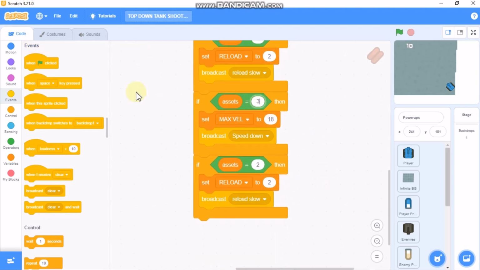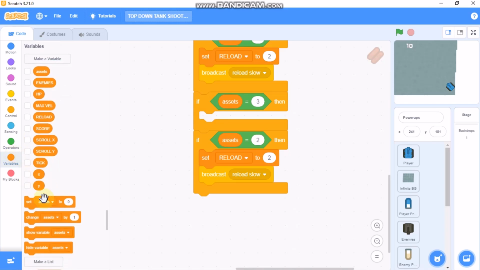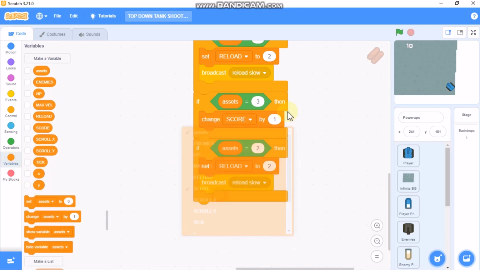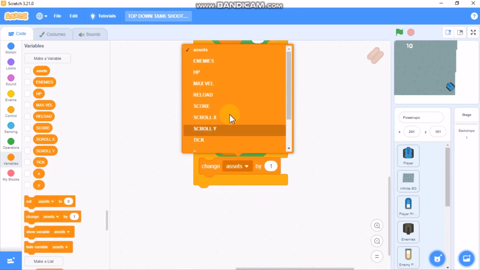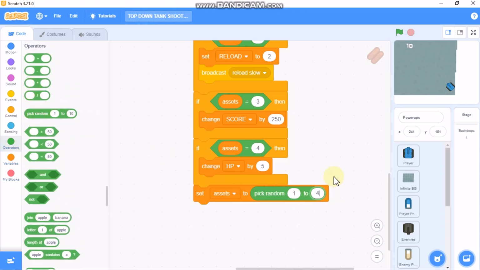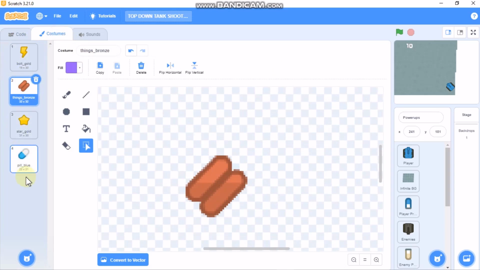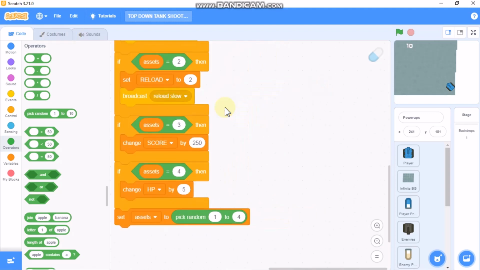and if asset equals 3, which is the star, then we need to change our score by 50. So it's at 250. And if asset equals 4, then we need to change our HP by 5. And then we need to set asset to pick random from 1 to 4. So you could add your own power-ups. So for now I'll be using these 4 power-ups. And then